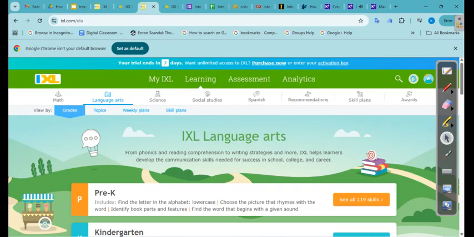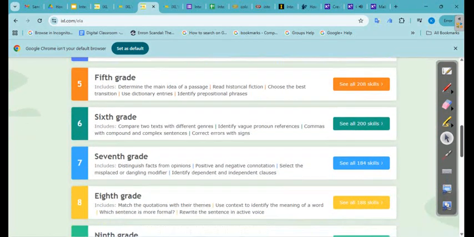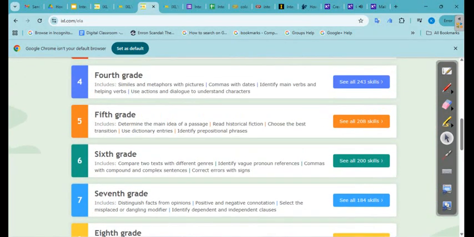This one is not free. I've explained all those ones that are free. But this one is not free. An example is, and one thing about ISL is also that we have video. Look at it, for example, if I pick a 5th grade,